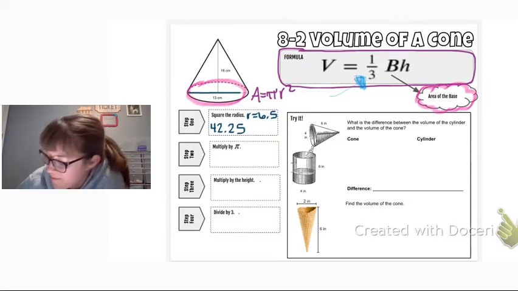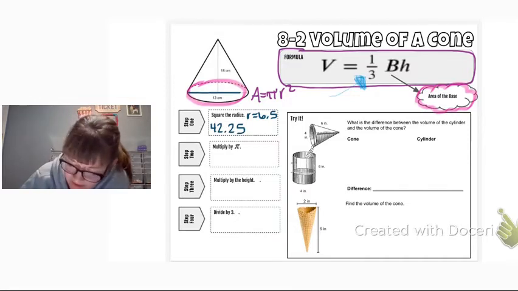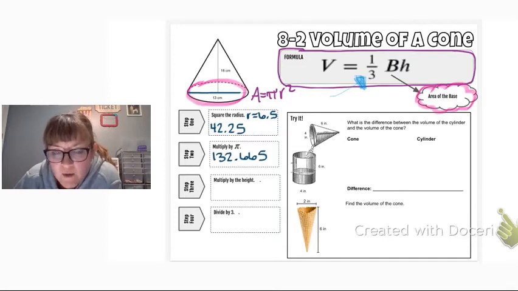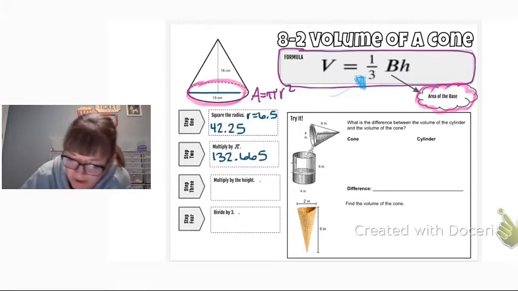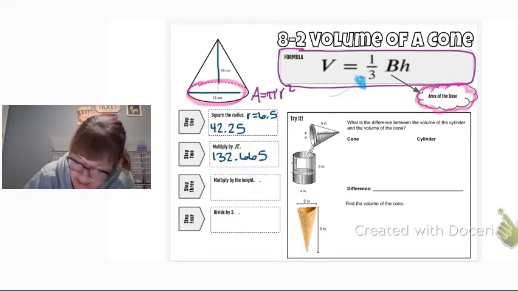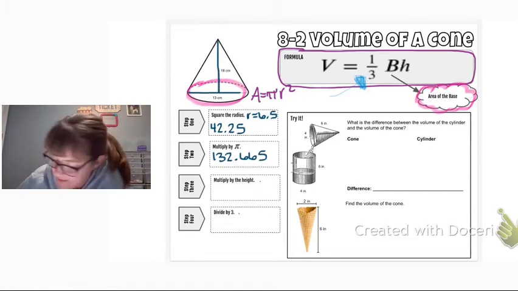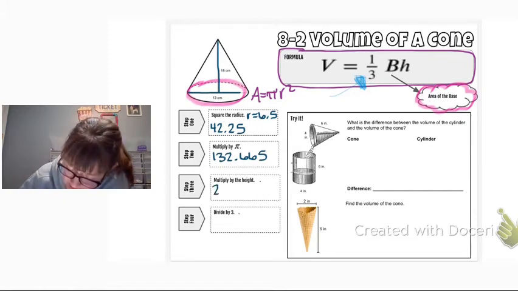That takes care of the radius squared part. Now I want to multiply that times pi, so times 3.14, and that gets me 132.665. So I've done the radius squared times pi, and now I have big B, my area of the base. Now we're going to multiply that by the height, which is 18. That's how tall the cone is. I'll do that times 18, and that gives me